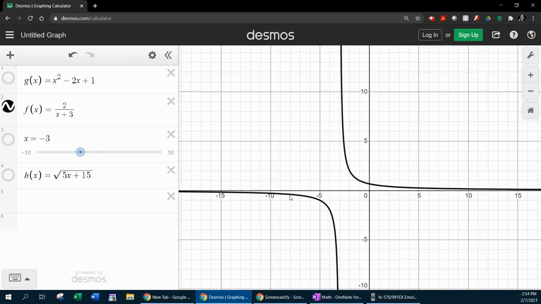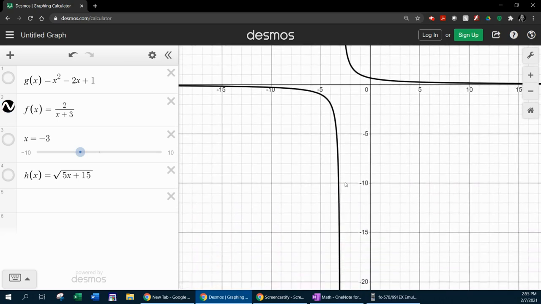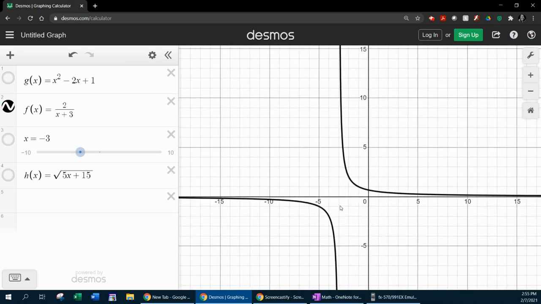And then notice as it comes up to -5, -4, -3, look what it's doing. It's heading down, and the x's are going to get closer and closer to -3, but it's never going to touch at -3. But then on the other side of -3, look, it comes way up here,